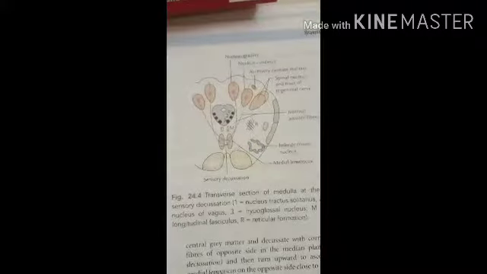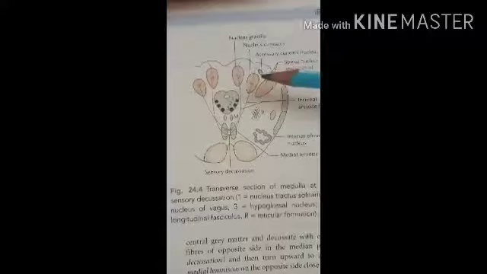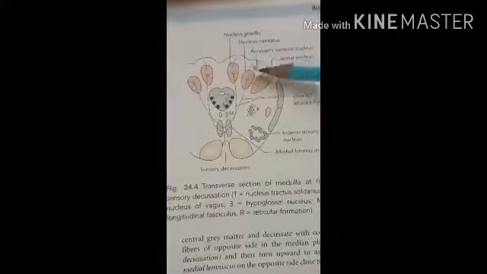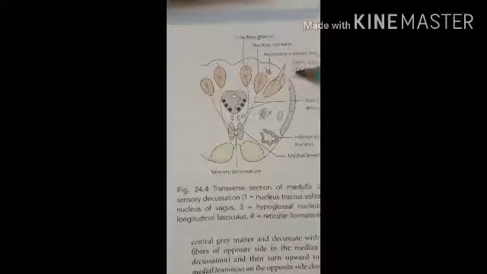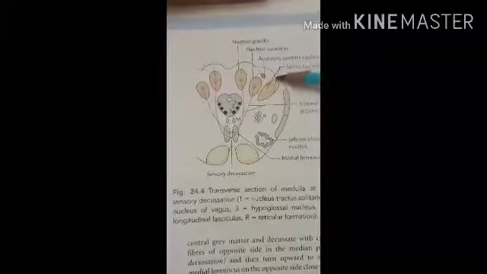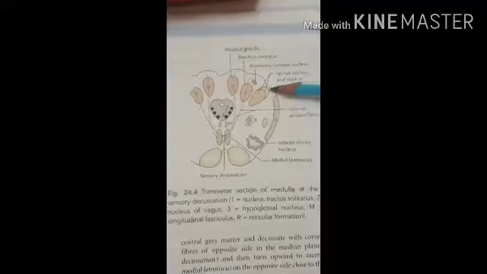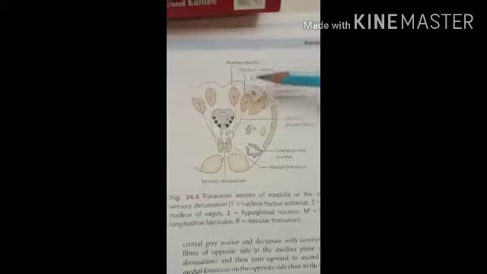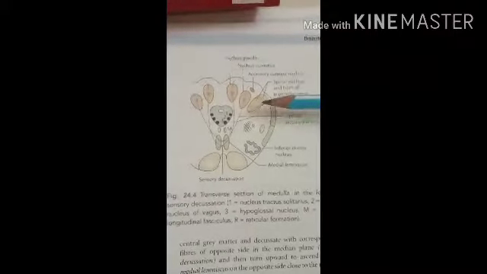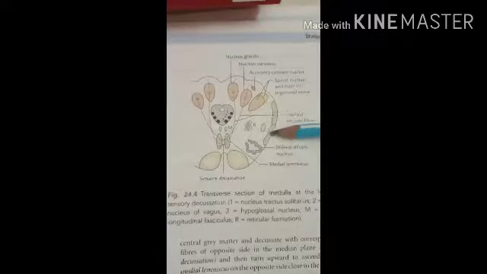forming the decussation. Then lateral to the cuneate nucleus, there is the accessory cuneate nucleus. Here you can see it, which receives more lateral fibers derived from the cervical segments of the spinal cord. Then next to it, the anterior and the posterior spinocerebellar tracts are present.